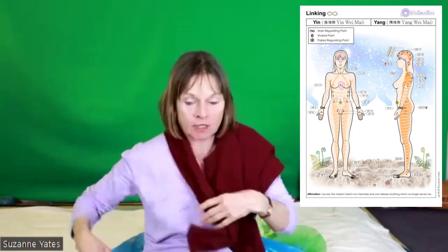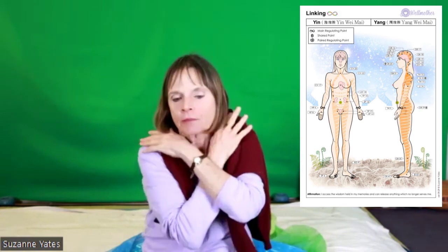each of the extraordinary vessels have regulating points, which are points said to regulate the whole of the vessel. And the yin and the yang linking are really like the yin aspect of the arm and the yang aspect of the arm. And what we have to remember with the linking vessels, and it also applies to the stepping vessels, is that their regulating points are on the hands, or more accurately on the wrists,